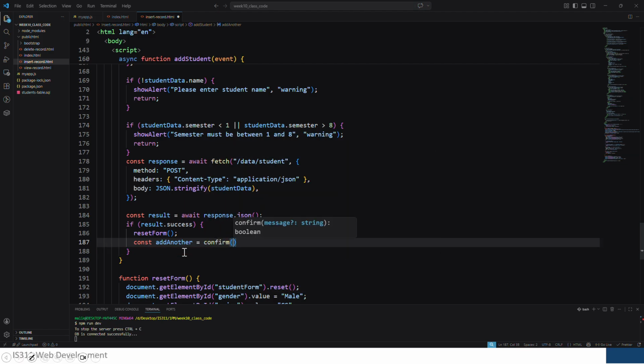So when you say confirm, I want to show a message. For example, I will say student added successfully. Okay, and then we say backslash n backslash n, and then I say click OK to add another student,